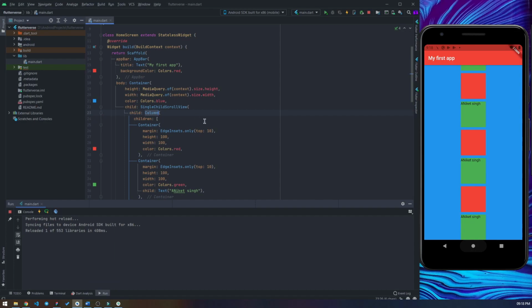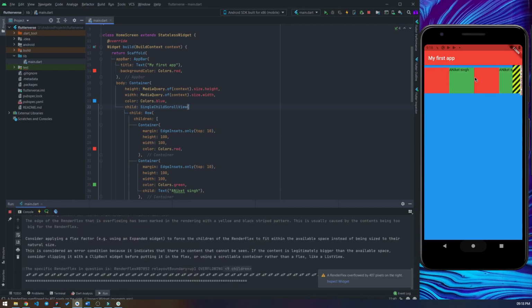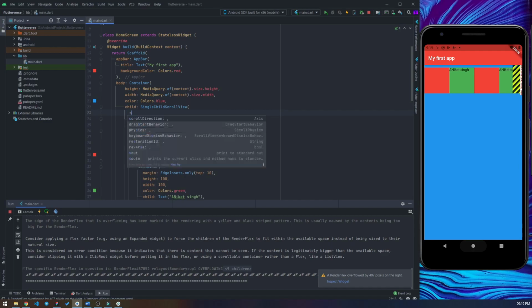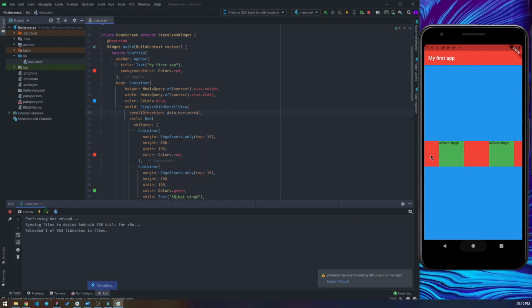What if I change this thing to row and I restart the application? You can see that it is giving us an error at the right side, where again it is telling us that the screen size is exceeding the size of the widget. So in this case, what I'm going to do is I'm going to give it a scroll direction. So I'm going to change the scroll direction from vertical to axis dot horizontal, and when I save this thing up, you can see that now I'm able to scroll from left to right. Okay,